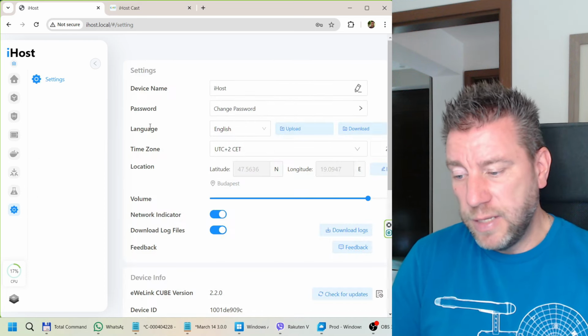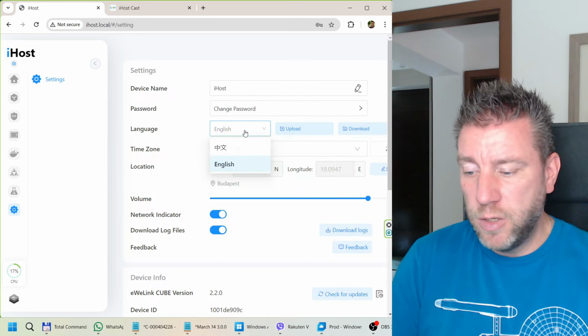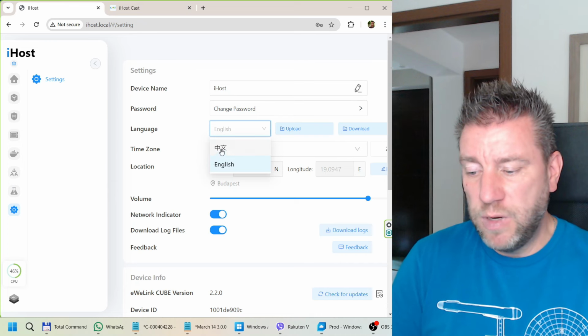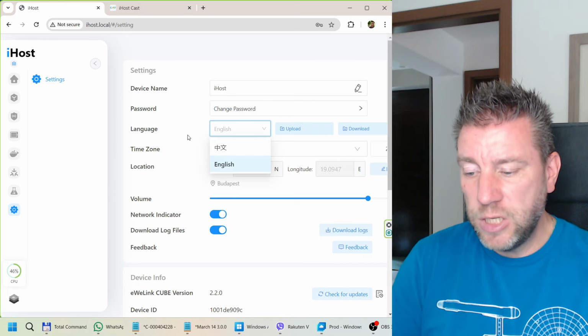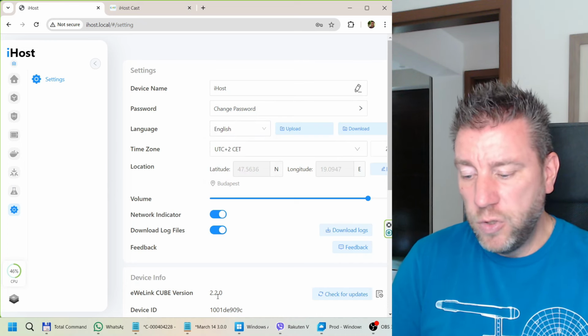So the first thing is, now you have a language option here. By default, you can switch between Chinese and English. And now you have an option to download all the language settings. So you can make those changes yourself, and then you can upload them. And that's how you can localize the iHost. So let me just